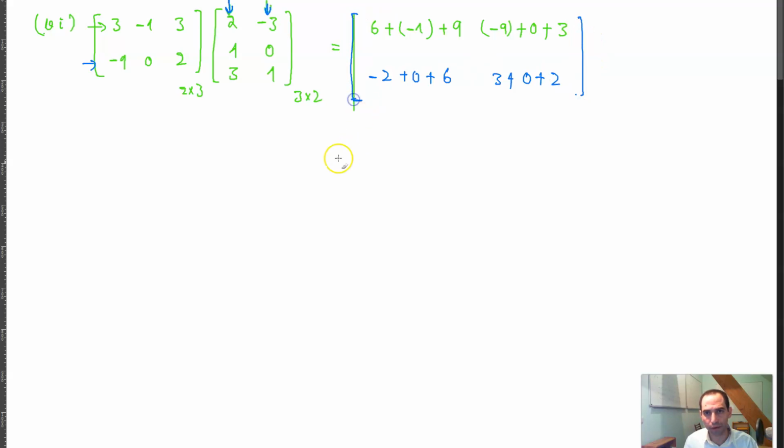And then you have 15 minus 1 is equal to 14. -9 plus 3 is equal to -6. 6 minus 2 is equal to 4. You have a 5 here. So part 6 of this question is basically 14, -6, 4, 5. That was question number 3. Question number 4, you have